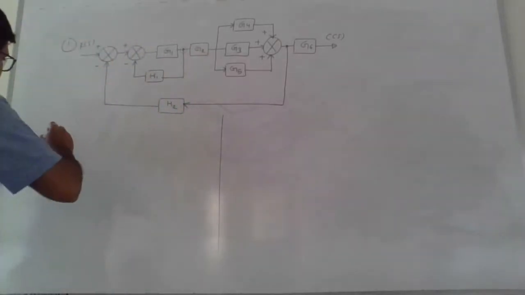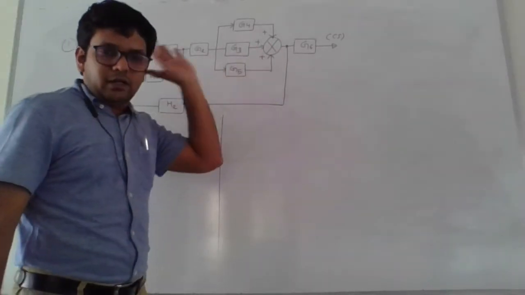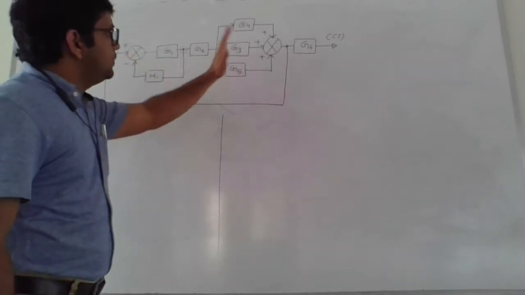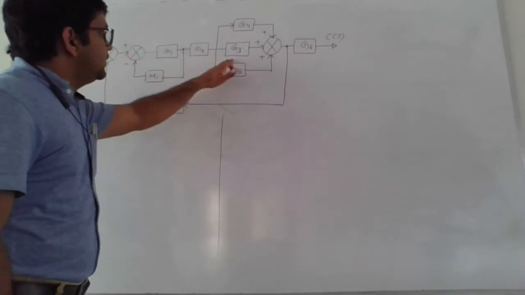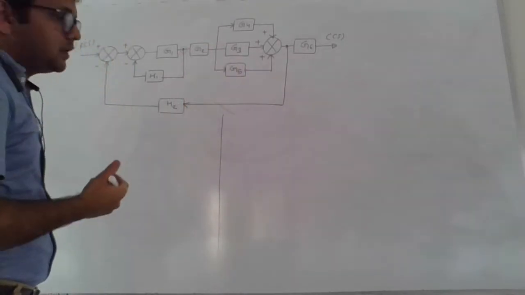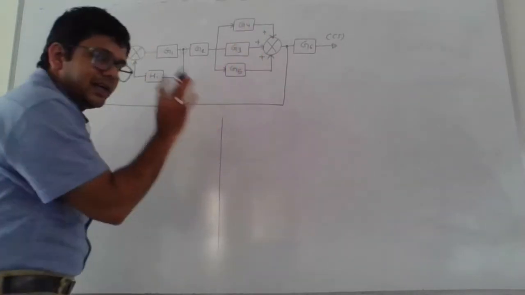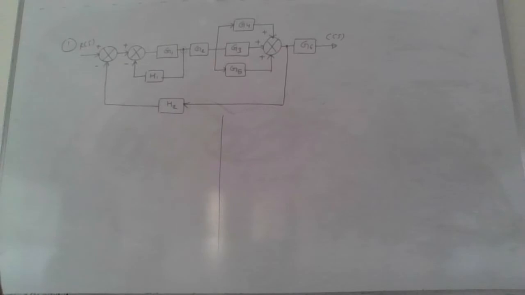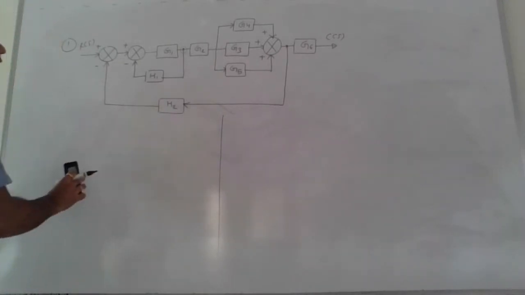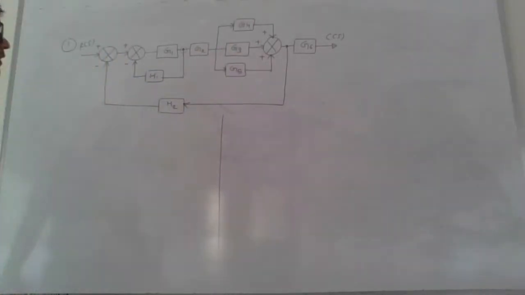So step number 1 is we need to identify whether the blocks are connected in series or in parallel. Here we examine that these two are not in series, and apart from this, none is in series. If you see G2 and G3, they are not in series because they have a third path in between them which carries some value of signal. In the same way, if you observe the connections of G3, G4, G5, they are exactly connected in parallel. So in step number 1, we are going to apply our rule number 2, where blocks are connected in parallel combination.